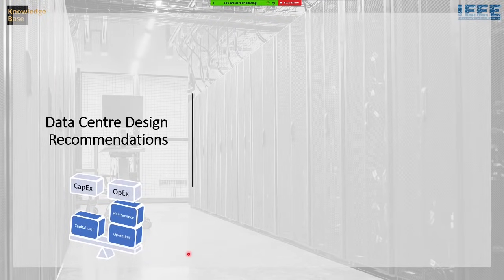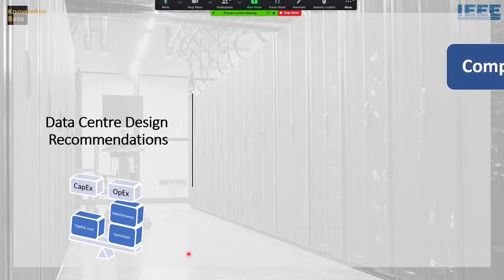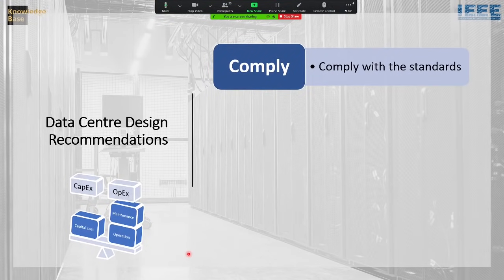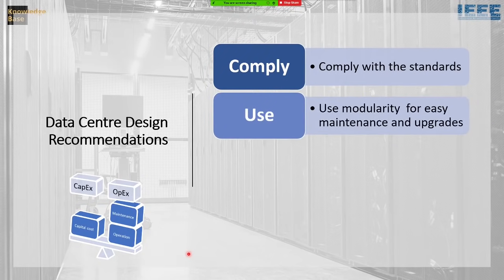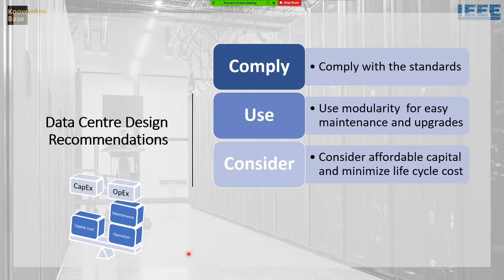So my recommendations for a data center design are to follow, first, comply with the standards, as I said, because this is something that will classify your data center internationally. Use modularity. And as I showed you in the UPS, we used two modules and then we added the third one. Modularity will give you flexibility in your design, easy maintenance later in the future and easy upgrades. So it's always recommended to use modular systems where possible in data center design, and to consider